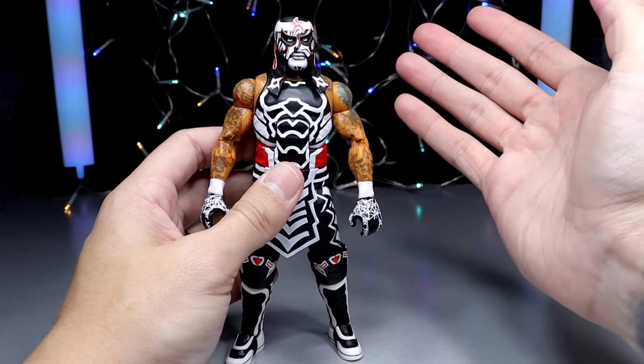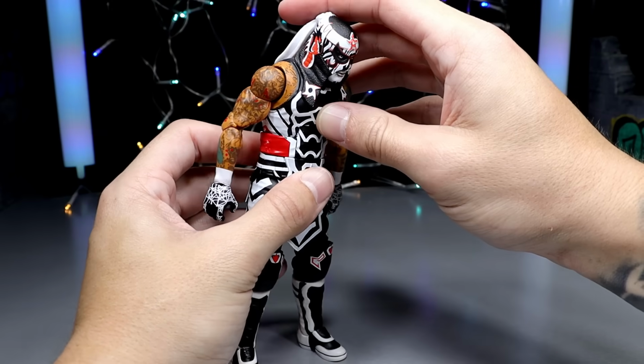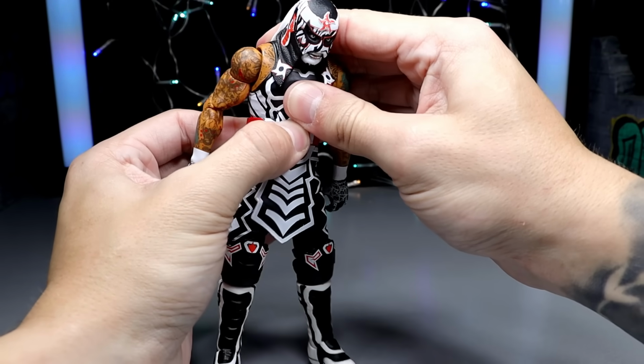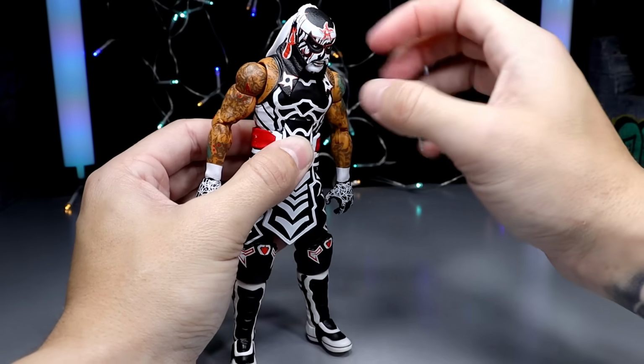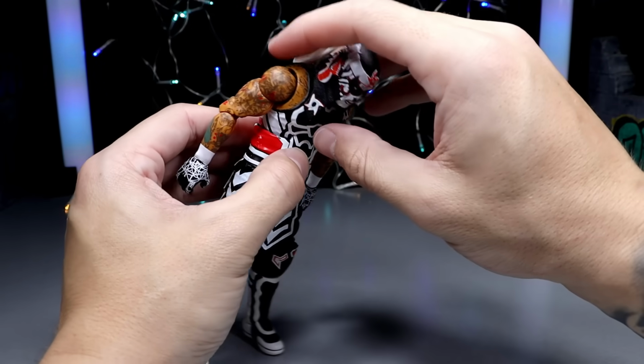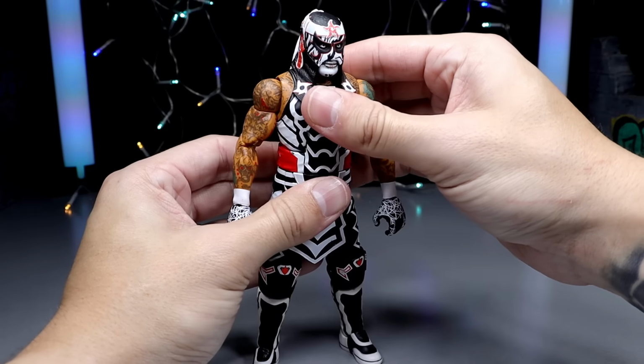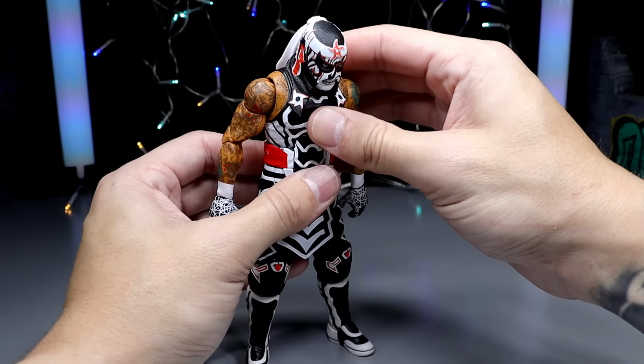I'm not entirely sure how that's possible, but it is possible, so that is there. And the ab crunch is also pretty nice here, but one thing that's weird about the ab crunch is it gets to this point, and then if you push it a little more, it almost feels like the torso is going to separate on you, but it can dig in a little deeper, and again, I don't know if that's by design either, and it's not like it gives you incredible ab crunch, but you crunch it forward